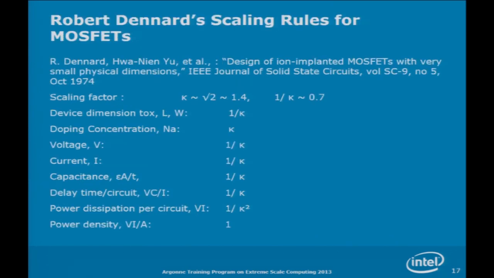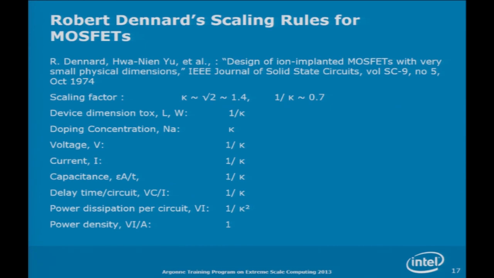Now, Intel gets a lot of credit for Moore's law. Gordon Moore was one of the founders of Intel. But the one who formulated this was actually an engineer at IBM, Robert Dennard. He wrote this paper, the seminal paper on process scaling. Basically, if you scale everything by the same factor, and the industry has decided that the factor to scale by is the square root of 2, which is roughly 1.4, or the inverse is 0.7.